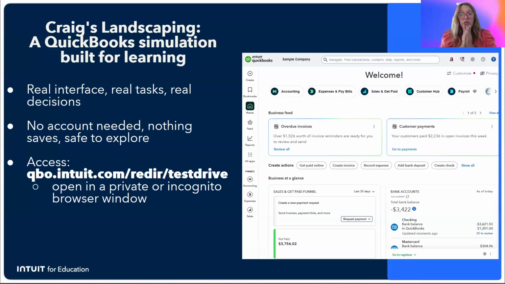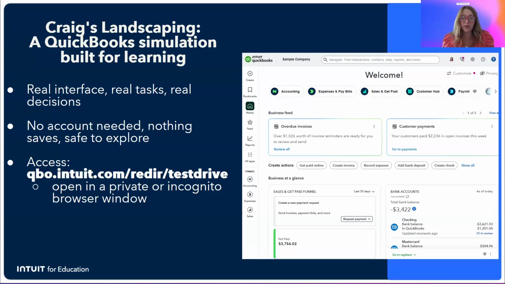Workarounds for incognito: you can try regular. Okay, so with QuickBooks, an incognito window works best. If you don't have an incognito, I have found if they clear their history, clear your history, once you clear your history, it usually has no problem coming back. I also can't get an incognito window on my school laptop. I can get it on my personal, but on my school laptop, I have to keep clearing my history. Right? What is it, the cache each time? Yeah, you do. You have to clear the cache every single time you go into QuickBooks, right?